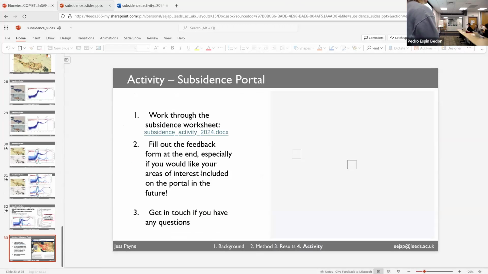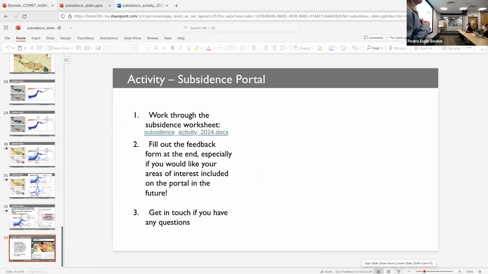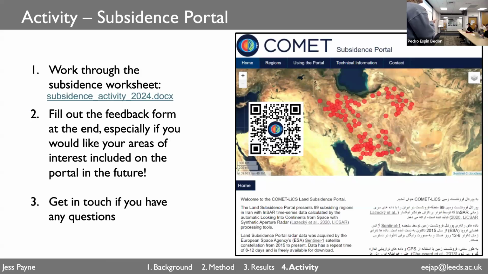But with the subsidence work as well, you only get subsidence really in topographically flat valleys, so you don't get a lot of the topography that Susie was talking about. But it's interesting to see where the deformation is compared to topography, to see that the maximum subsidence is within the valley floors where the thick alluvial sediments are. Oh yeah, and it's also mainly focused only on Iran at the moment, and the translation will be Farsi. But we hope to expand it maybe to Afghanistan and Pakistan in the future.